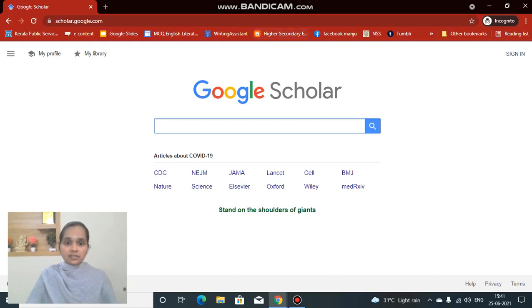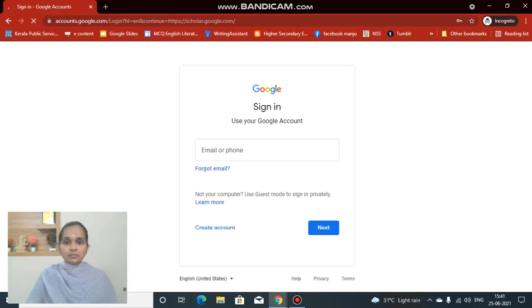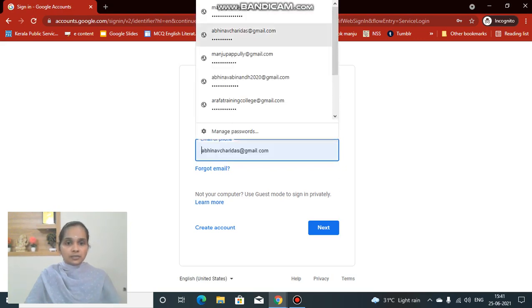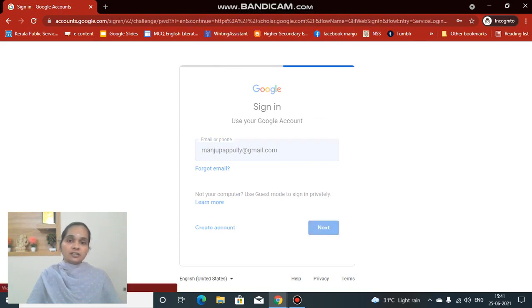So you can see it here. Using your Google account, you can sign into your Google Scholar. If you have a Google account, it will be very easy for you. It just takes a few minutes to sign into our Google Scholar. So the first time you may sign up using the same Google account, giving your mail ID and your password and also some other details regarding your field of study and research interest.